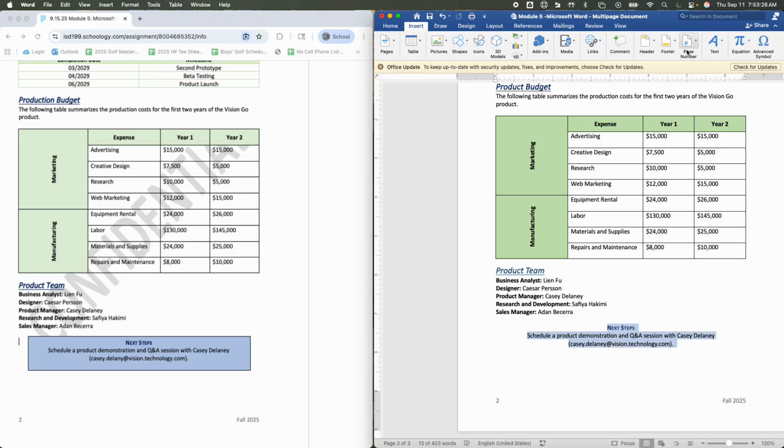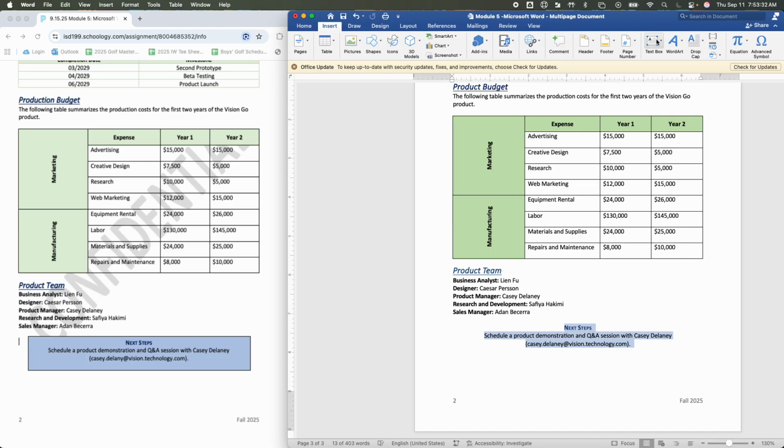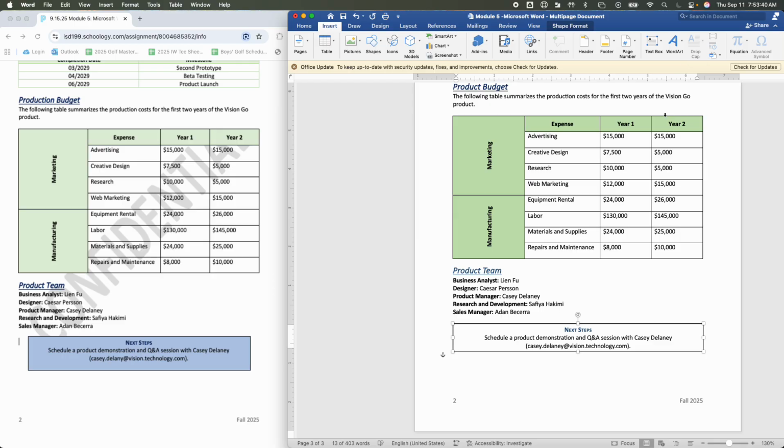And once we select insert, I'm going to make my window a little bigger so you can see the full toolbar. We're going to go up to text box, and select draw text box, glorious. This one's a little bigger than we want, so we can just grab the margin over here and make it a little bit smaller. We're shooting for about 6 inches. There we go, 6 inches, that's perfect. And it looks like there's an extra row underneath